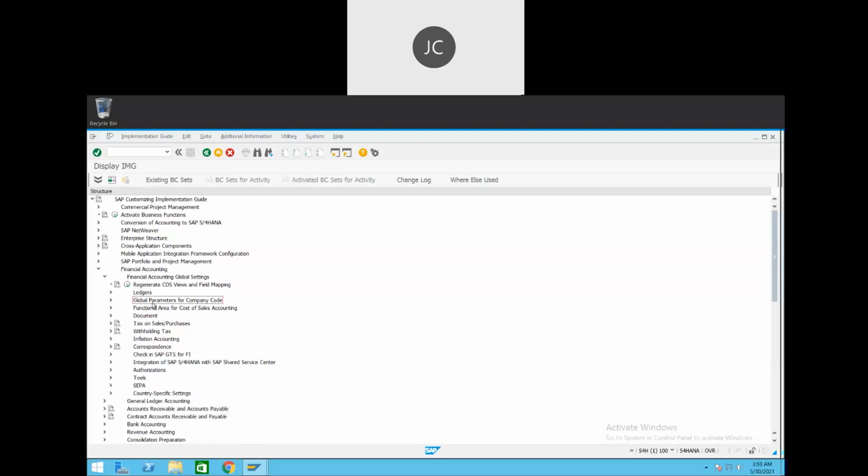This will all be part of the coming classes in our configuration and implementation part, when I will be taking care of it. So this is the implementation guide. This is where we do our configuration. That particular transaction code is SPRO. Okay, guys, so till now it's clear. This is where I rest my case as an SAP GUI introduction. It's all good.